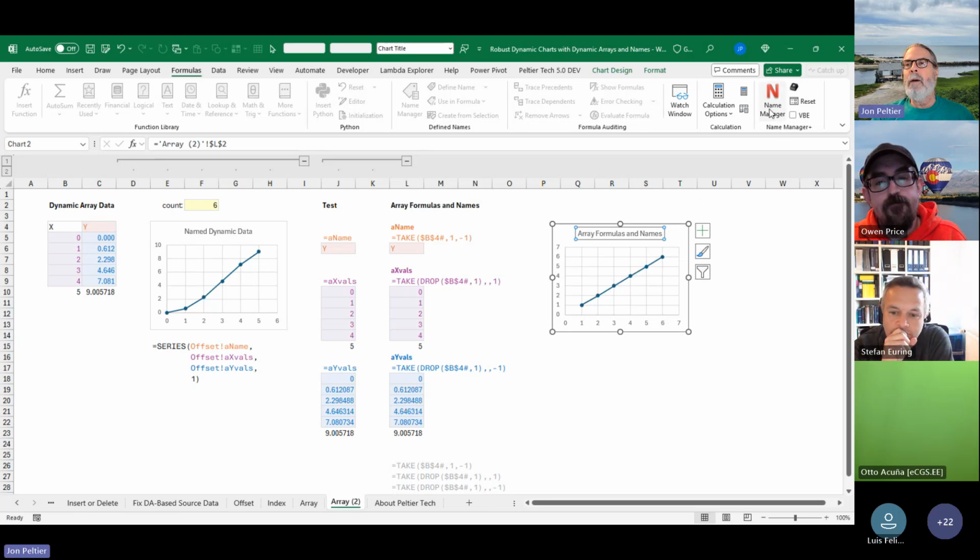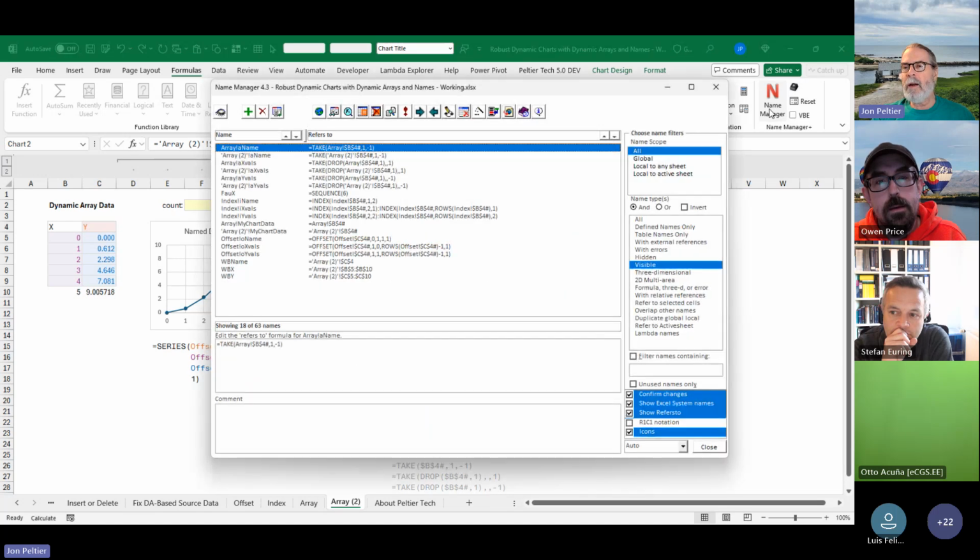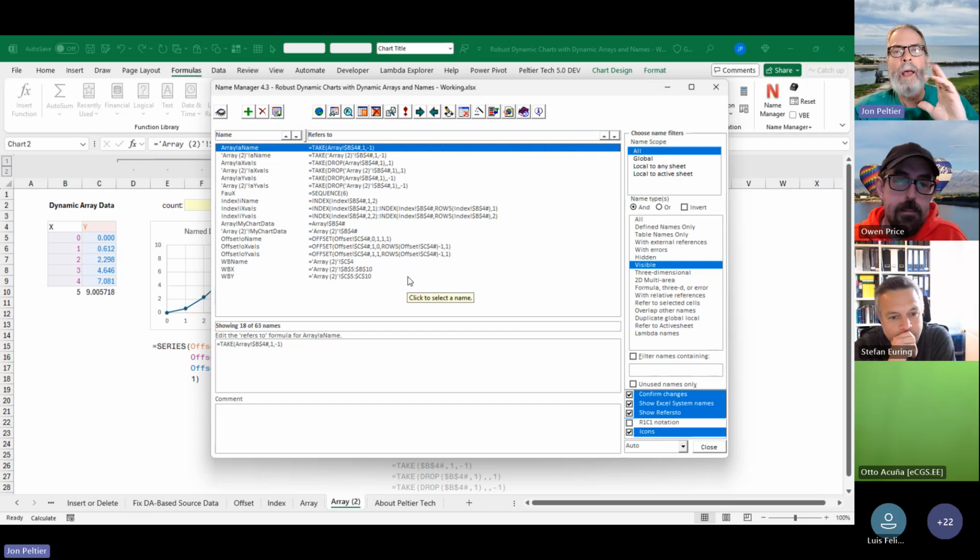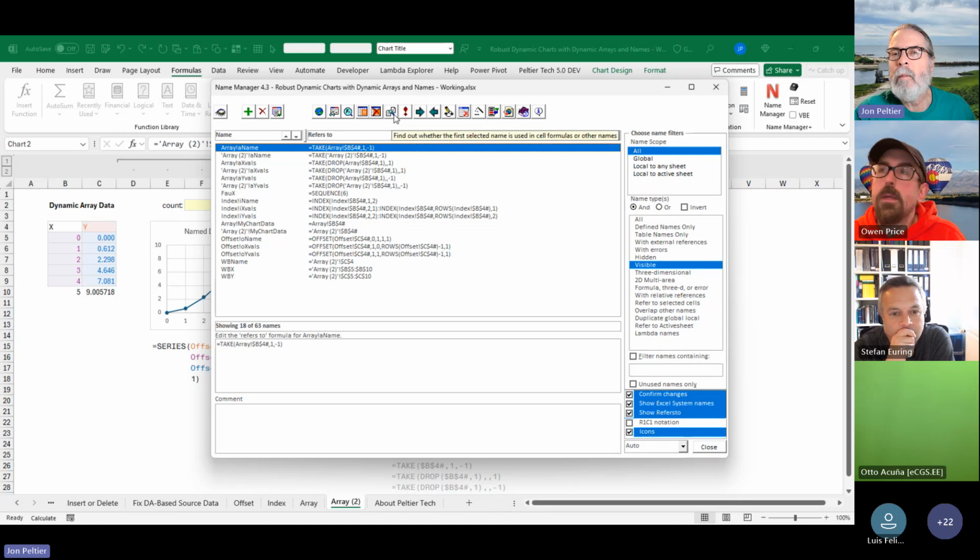But one of the features of Name Manager, and I don't know which one of these many buttons it is, is that it will let you output all this information to a worksheet. And so that might be almost as good. Yes. Yeah, like I said, I don't know